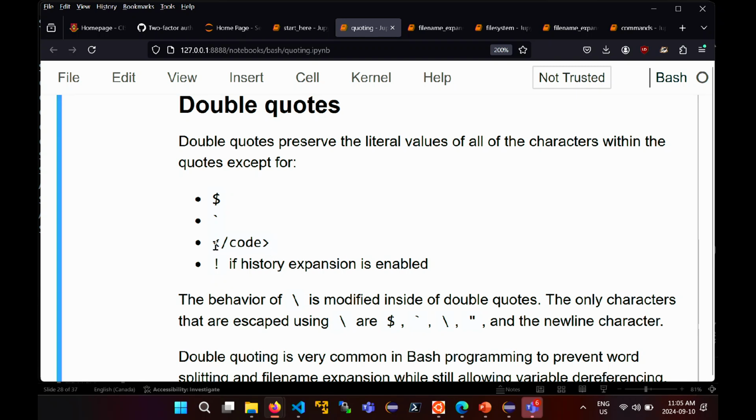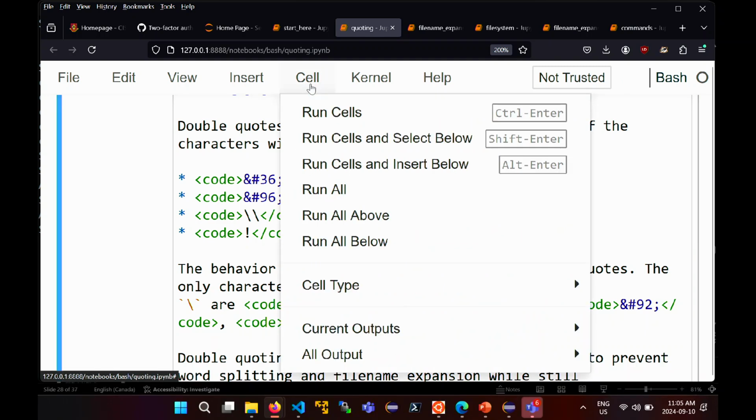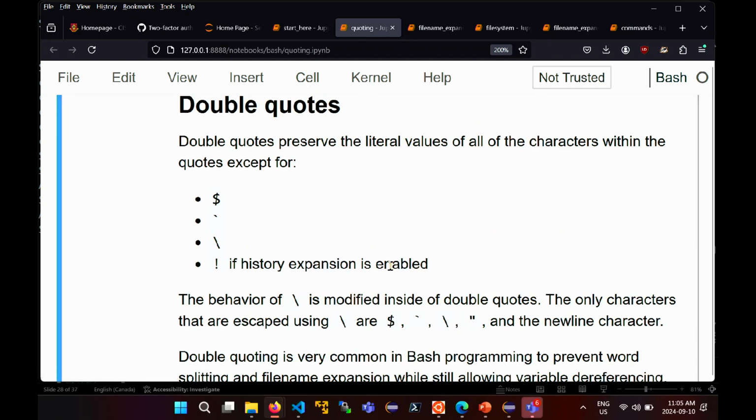Now, this looks funny, right? And it's because there's a bug in this notebook. So the notebooks are written in a language called Markdown, right? Markdown, well, it's a language, so it has special characters in it. One of the special characters in Markdown is the backslash. And so when I put the backslash in here, I need to escape the backslash. And so that really needs to be backslash backslash. And there it is, right? So